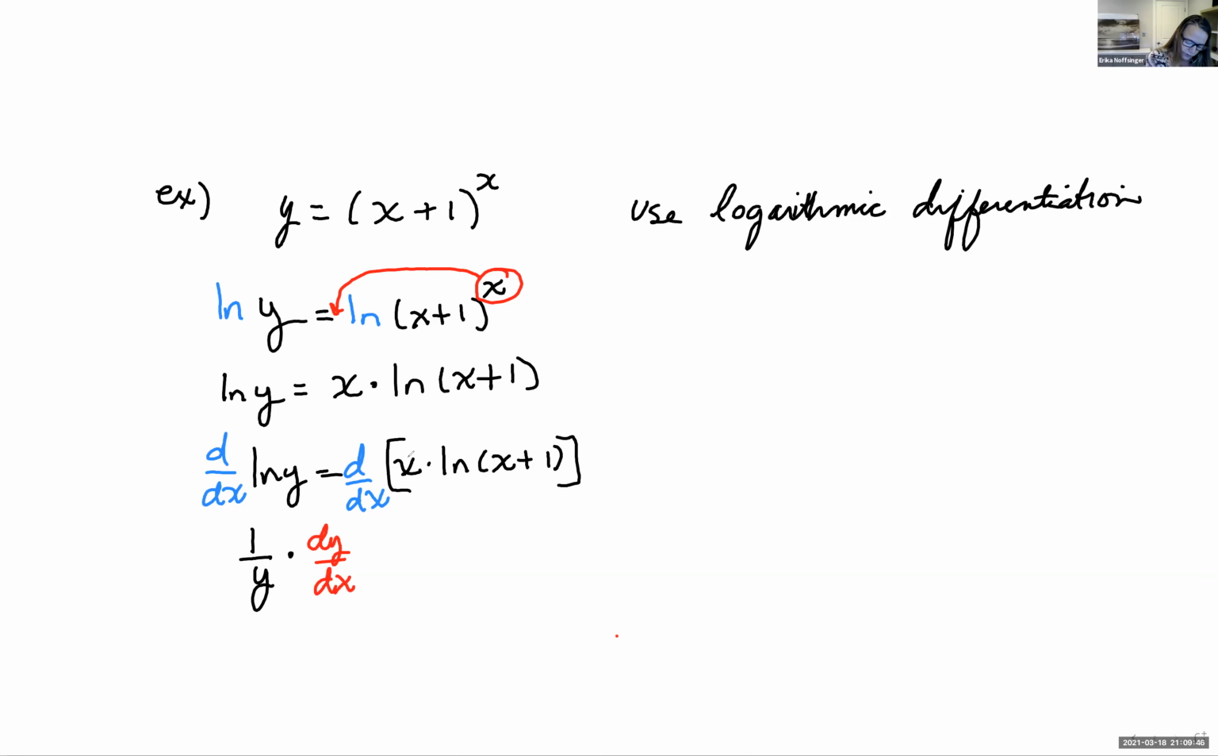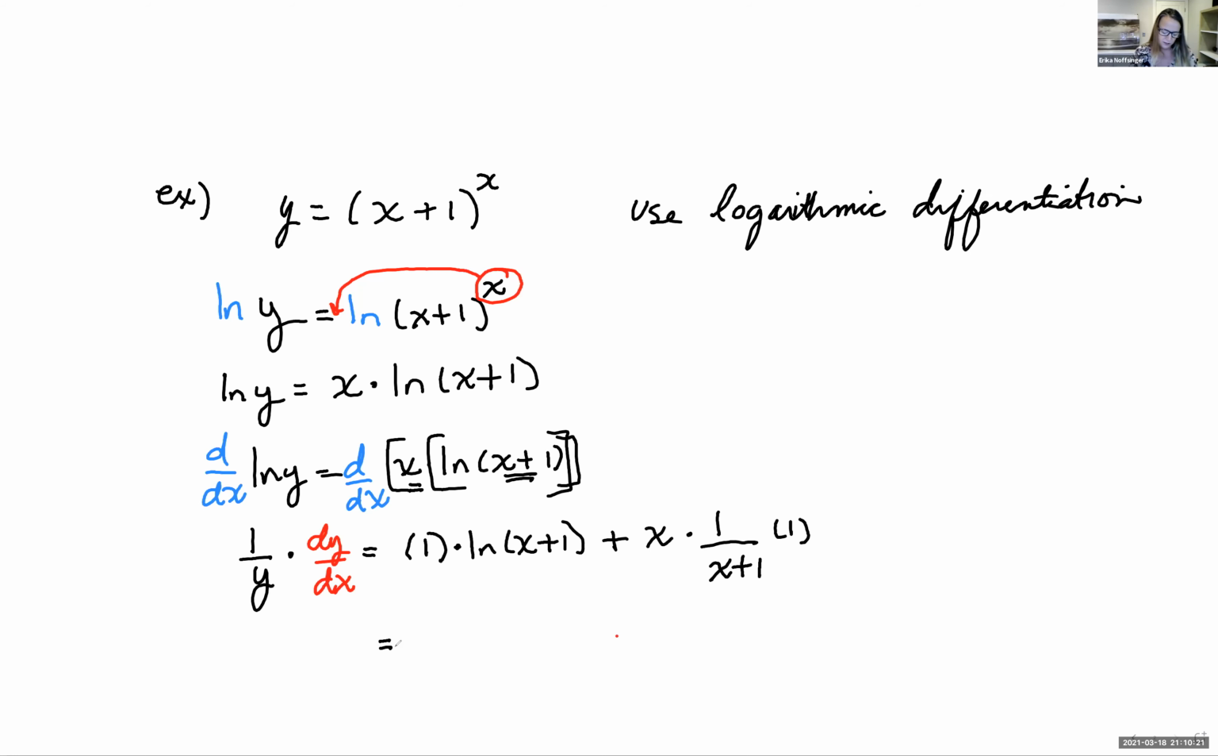is equal to, so product rule, we have to take the derivative of the first, which is derivative of x is 1, times the second, natural log of x plus 1, plus the first, x, times the derivative of the natural log of x plus 1. So that's just 1 over the inner piece, x plus 1, times the derivative of the inner piece. Derivative of x plus 1 is 1 times 1. Those are times. So this is equal to,